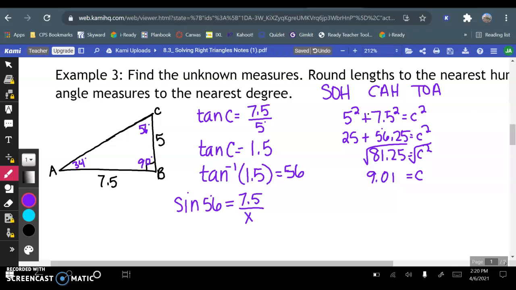So this is where I would flip these. So I would have x equals 7.5 over the sine of 56. And when I type that in my calculator, 7.5 divided by the sine of 56, I get